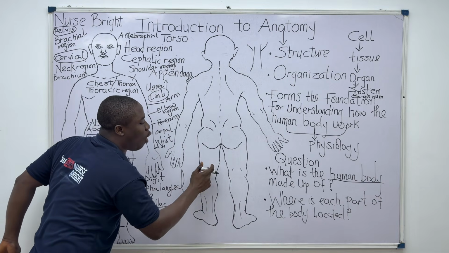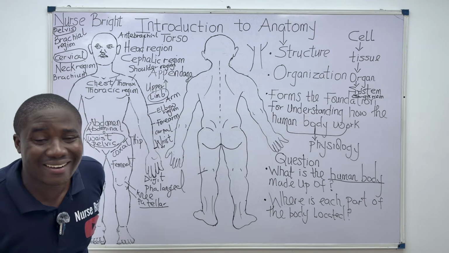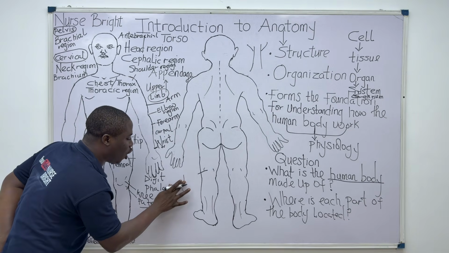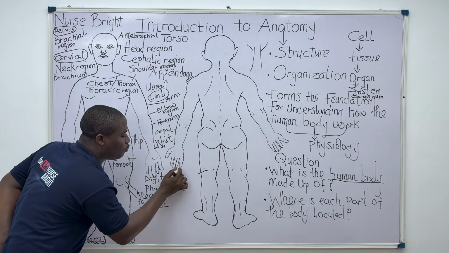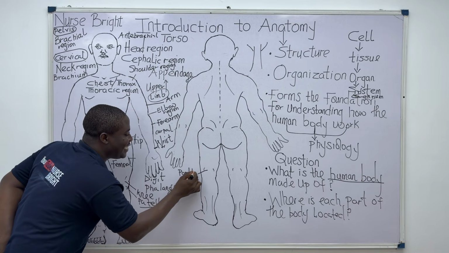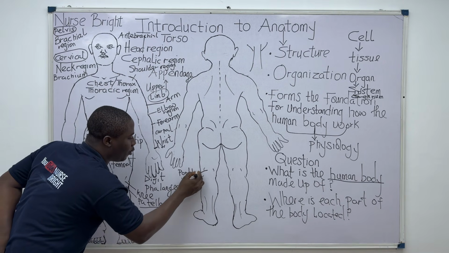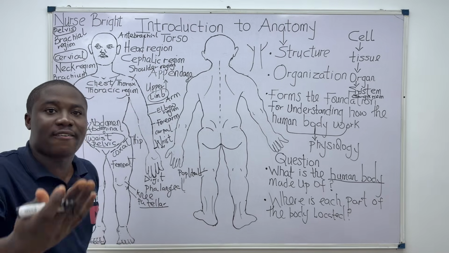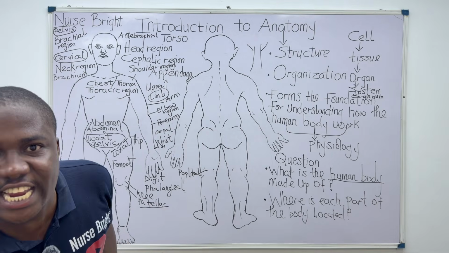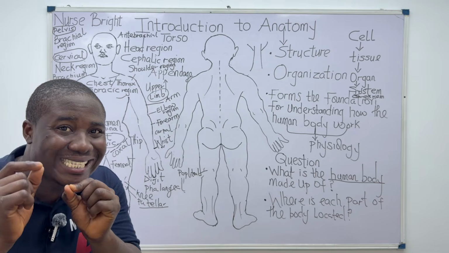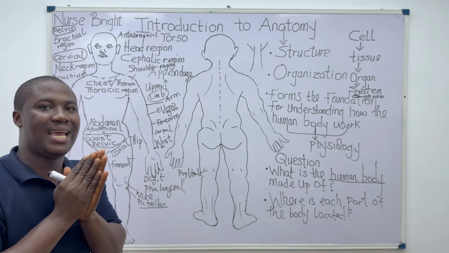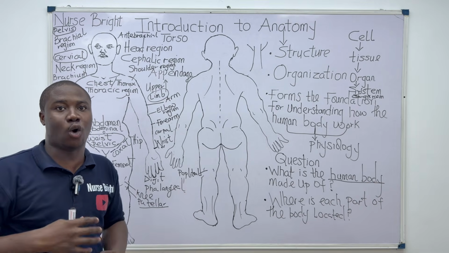The back of your knee is not a patellar region, but rather it is called the popliteal region. I repeat, it is called the popliteal region. That's the back of your knee. Are you there? So all this is essential. Don't make mistakes. They are easy. They are not difficult at all.